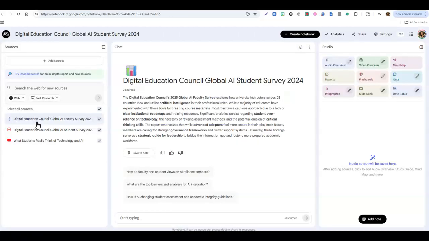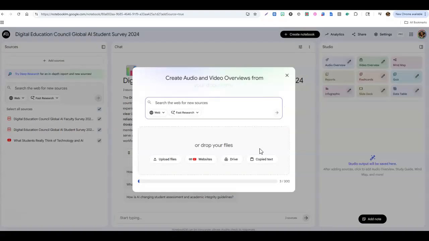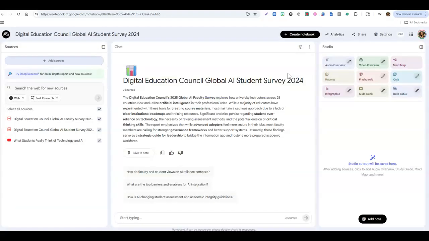Okay, so here I have my 3 sources. One is Digital Education Faculty Survey, one is a Digital Education Council Student Survey, and one is a YouTube video from EDUCAUSE about what students really think of technology and AI. If I wanted to go back and add more sources, I can certainly click here and add more components to this. So it is calling it the Digital